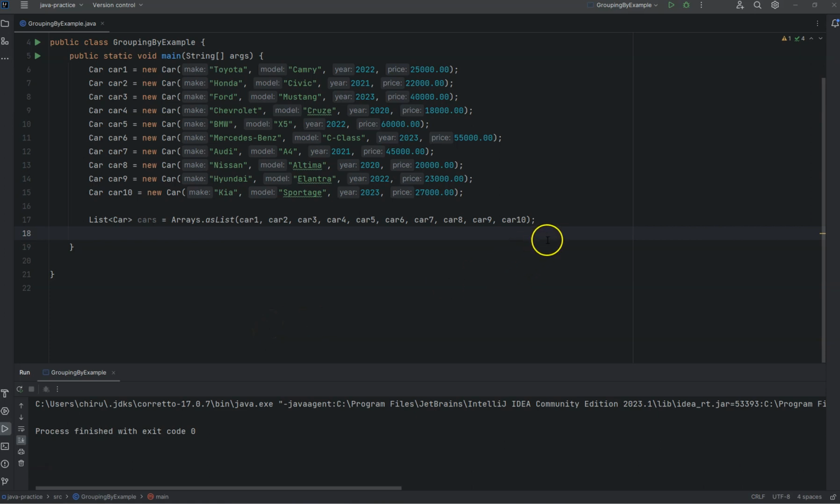Hi all, welcome. In this video we will see the usage of the groupingBy method that is present in the Collectors class. Okay, so for that I have created a Car